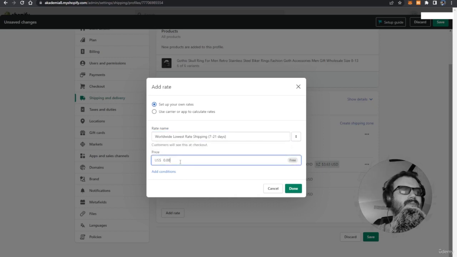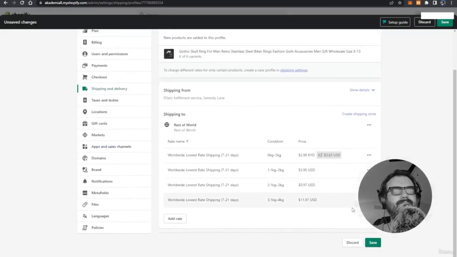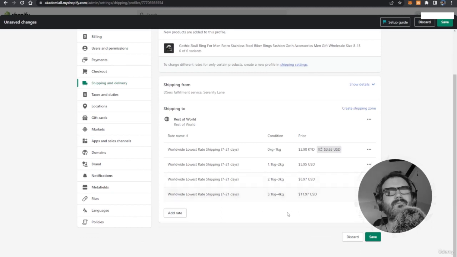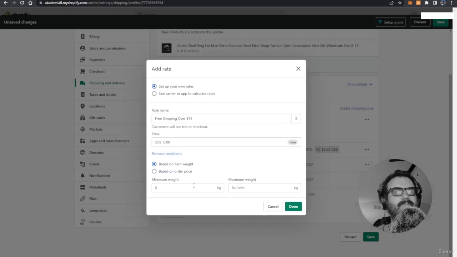So I'm going to go ahead and now set up another shipping rate, and the price will be the next tier up, 3, 6, 9, 12, so like $11.97. Add conditions, and this one will be from 3.1 to 4. So that's kind of where we're at. Now you could continue to add up to half a dozen, 10 different rates, or you could cap it if you want. And what you could do is something like free shipping over $75, something like that, and free shipping over